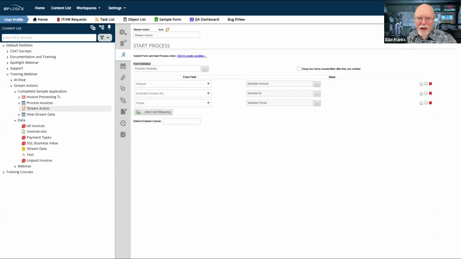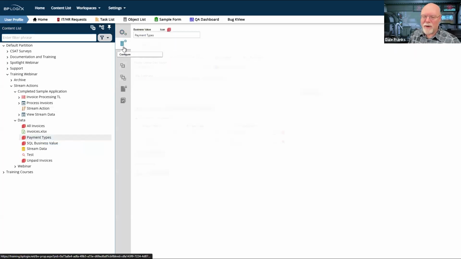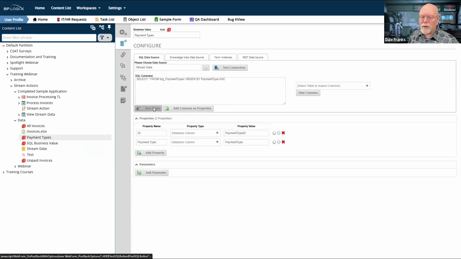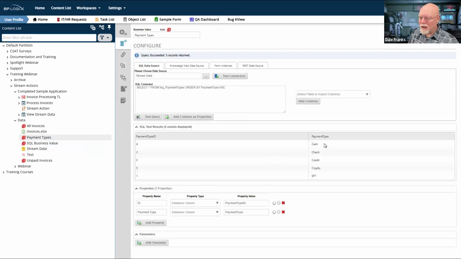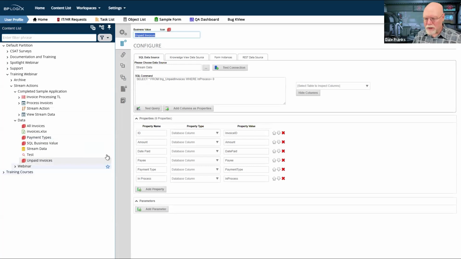And by the way, we saw it very briefly and then I switched away from it. That data also shows the different types of payment types. It's on another tab there. And so I have check, money order, Visa, whatever those payment types are. In fact, we can check what those payment types are here simply by opening up the payment types business value. So all of these are SQL business values. And so here are the payment types that are in that database. So I have cash, credit, crypto, and EFT as my payment types. And that's included, as I said, on another tab of the original Excel spreadsheet.